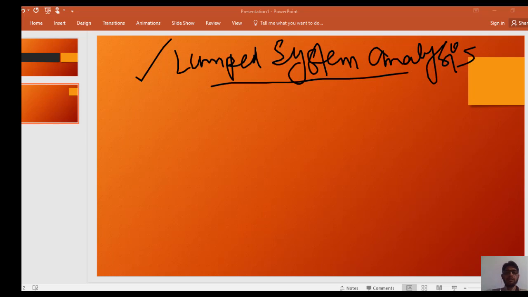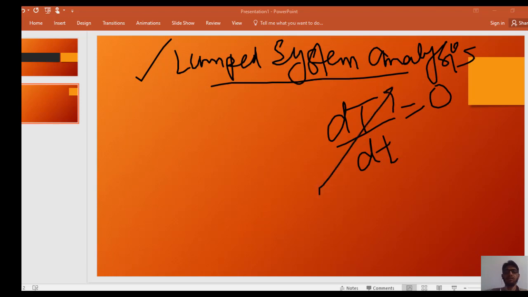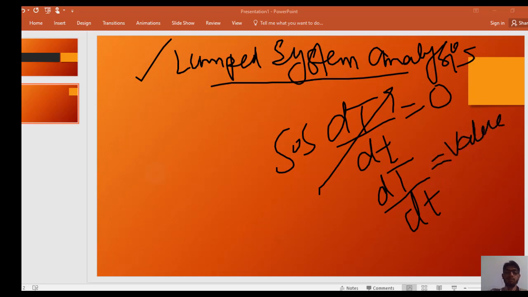In steady state heat conduction, the temperature does not change with the passage of time, so the change in temperature with time is zero. In unsteady state heat conduction, which is also called transient heat conduction, the temperature is not constant but changes with the passage of time, and its value at any time can be obtained from graphs.